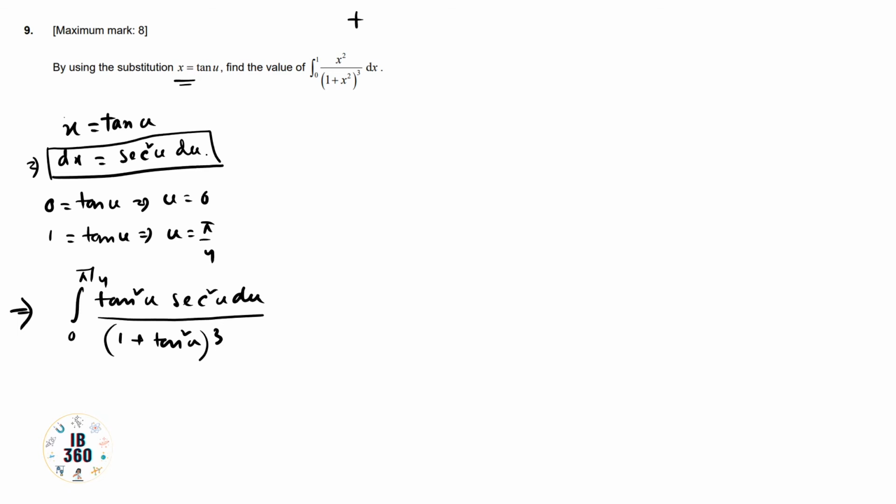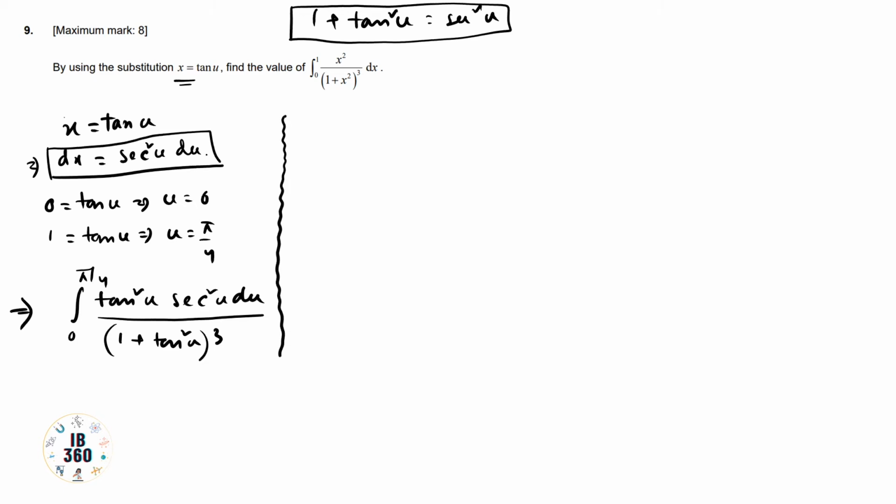Now if you remember, 1 plus tan square u is basically nothing but sec square u. From the formula of trigonometry we get that. So we will substitute it here. Here many substitutions you will get, you just have to remember all the parts. I am doing the maths side by side, just remember these lines. Now 0 to pi by 4, first line is tan square u sec square u du divided by sec square u, and here the power is 3, so this is basically sec to the power 6u.